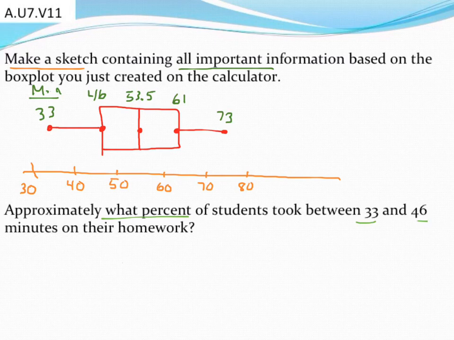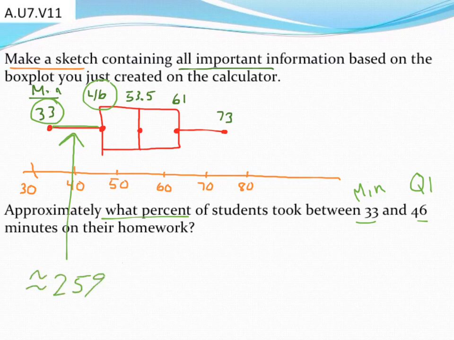Well, I'm glad they picked those numbers because I can see 33 minutes and 46 minutes are right from values that I got in the box and whisker plot. So the 33 represents my minimum. The 46 minutes represents my Q1, and because that's one section on the graph, this section right here, remember the way a box and whisker plot works is each one of these sections is approximately 25% of your data. So the approximate number of students that took between 33 and 46 minutes was